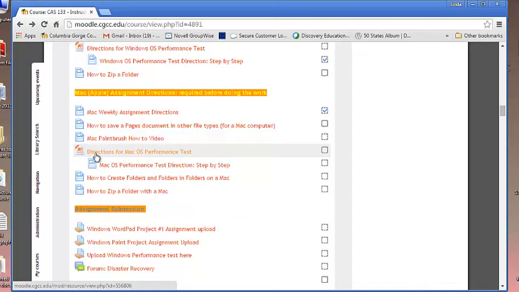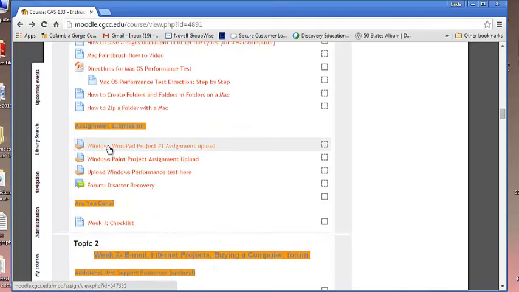And then you will watch your how to make folders just like the PC people have, except it's for a Mac. You will have the same basic performance test as they do. And I think that needs to be moved up. It's lost, but I will just get that taken care of before you come back in again. And then how to zip a folder with Mac. So it's kind of the reflection of the same type of stuff as the PC users have.